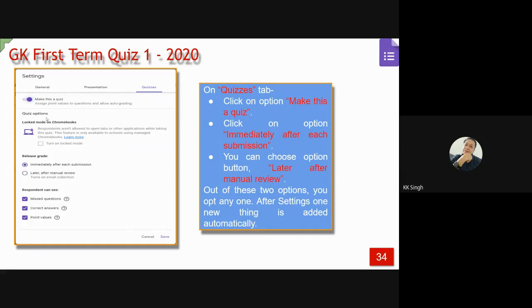But this is not available with you because this is for Chromebooks. So Chromebooks are not available with us. Only Chrome browser is available.